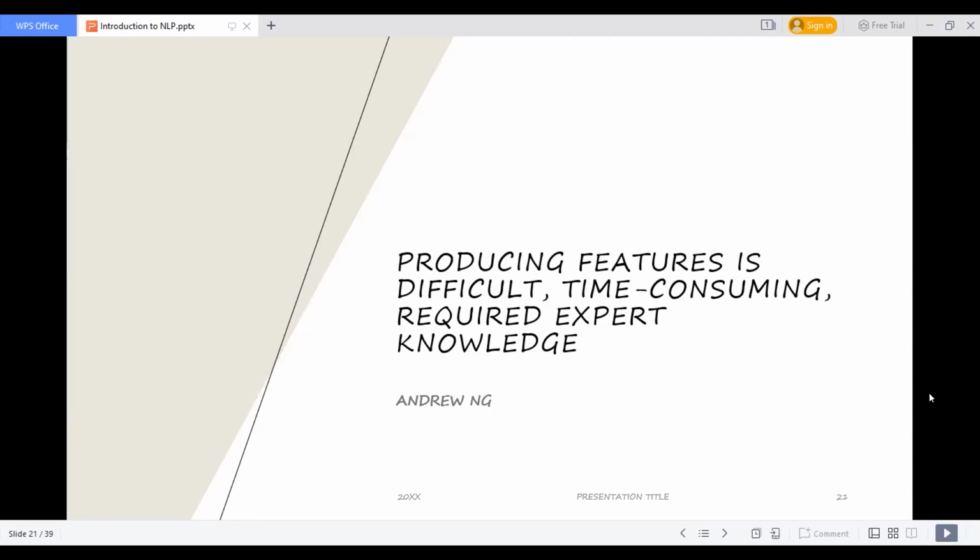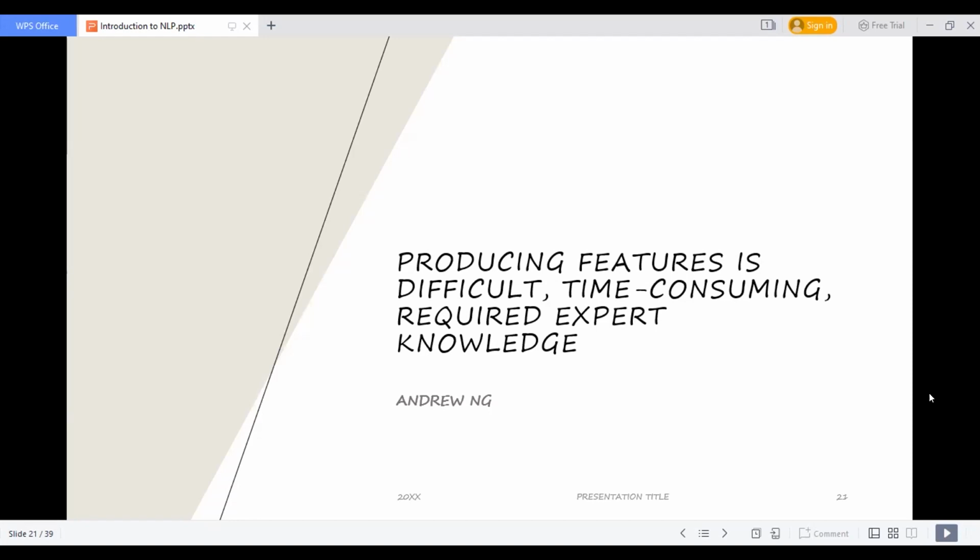As we know, EDA is the most important part of any problem definition exploration to train any model. Pre-processing of data and feature extraction are the most important things in our machine learning and deep learning, and in NLP also.